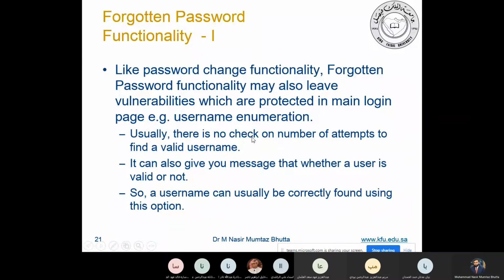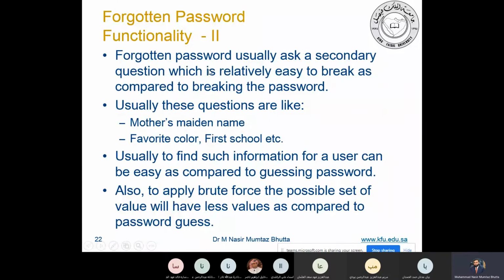Okay. So forgotten password usually asks a standard question, which is relatively easy to break, like mother's maiden name, favorite color, first school. First school, I can find from your CV. So this is how you can launch password guessing on the secret questions, or you can apply brute force because the possible combinations here are fewer compared to password combinations on the actual password.